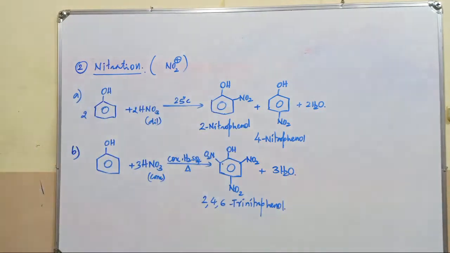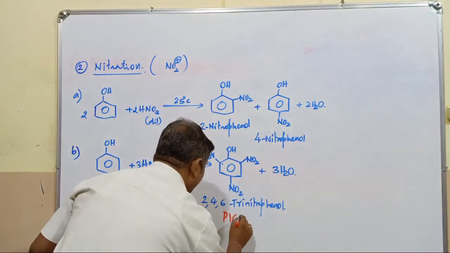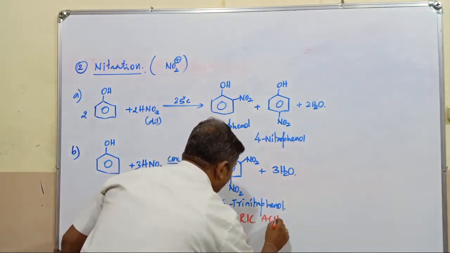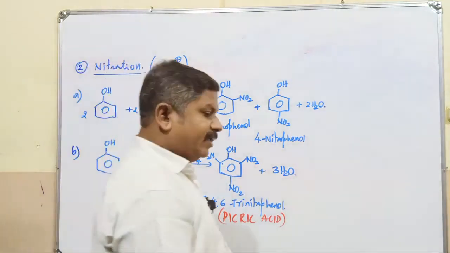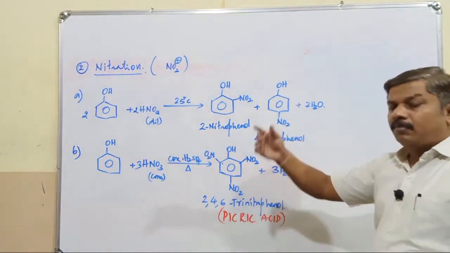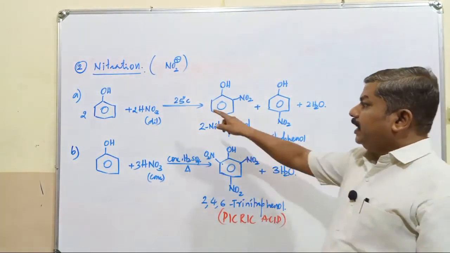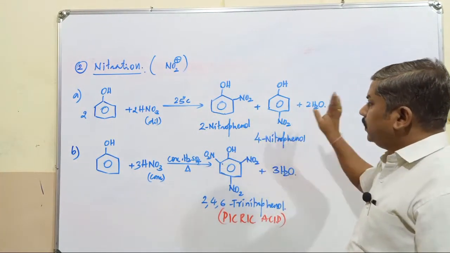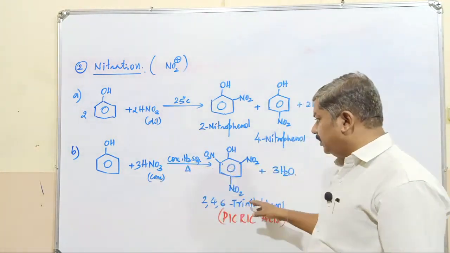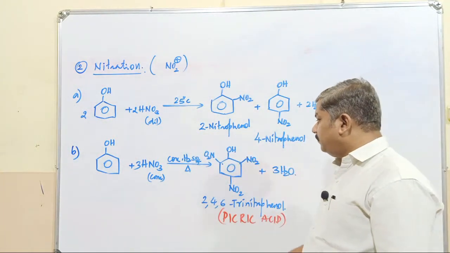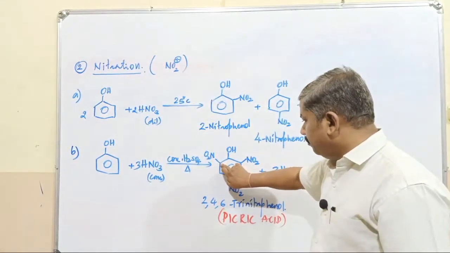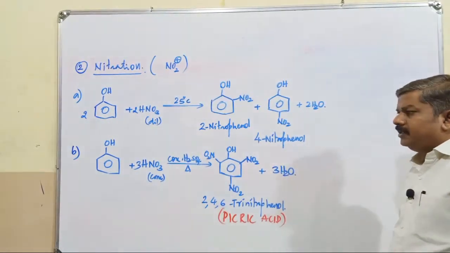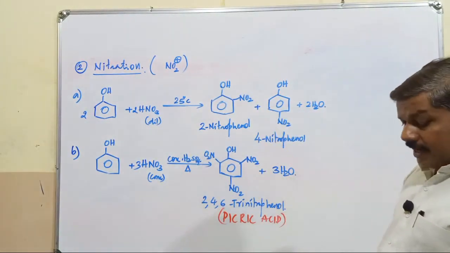Trinitrophenol. What is the common name of this compound, students? If you remember, in the previous class I mentioned this one, while discussing nomenclature as well as acidic compounds, it is picric acid. What is the common name? Picric acid, but the IUPAC name is 2,4,6-trinitrophenol, the most acidic compound. So here in presence of dilute nitric acid it forms two isomers. In presence of concentrated HNO3 and concentrated sulfuric acid it forms a single product, that is 2,4,6-trinitrophenol. Single major product is obtained. Elimination of water takes place. So this is about nitration of phenol.